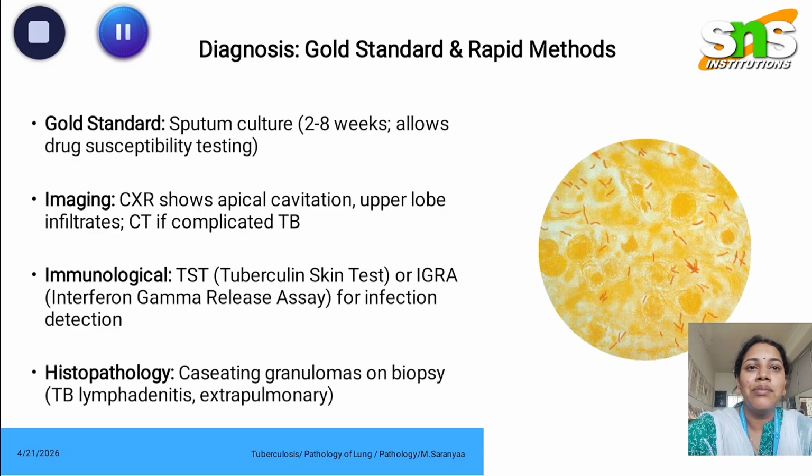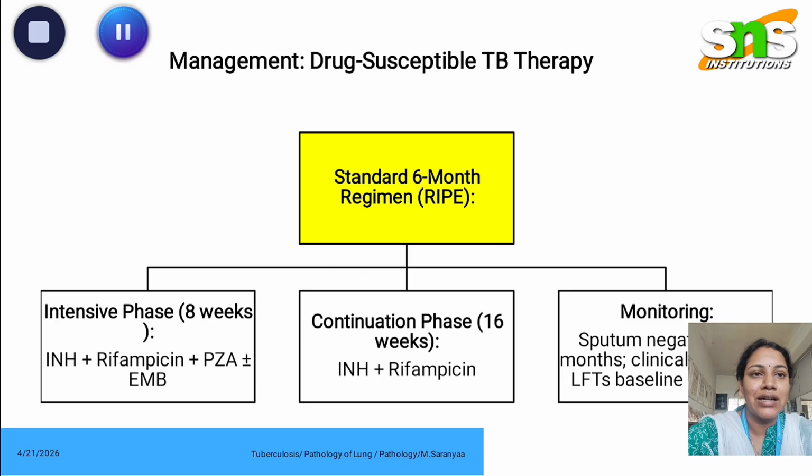The gold standard method to find TB is sputum culture, and you can also see cavitation or a Ghon focus in imaging. The tuberculin skin test was used earlier for identifying the infection, and nowadays we are going with IGRA, that is the interferon gamma release assay. The management strategy is to give a regimen of antibiotics, that is Rifampicin, for a long term of 8 to 16 weeks, and you monitor the sputum for negative presence of TB. That is the baseline treatment.